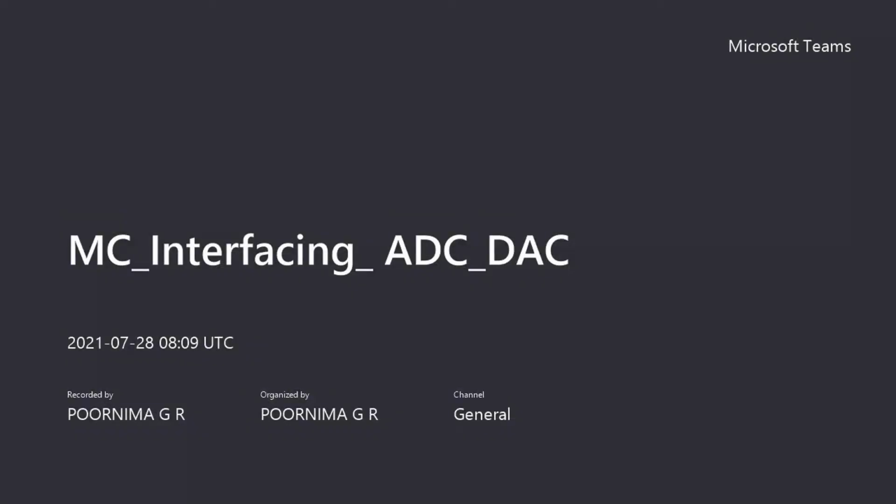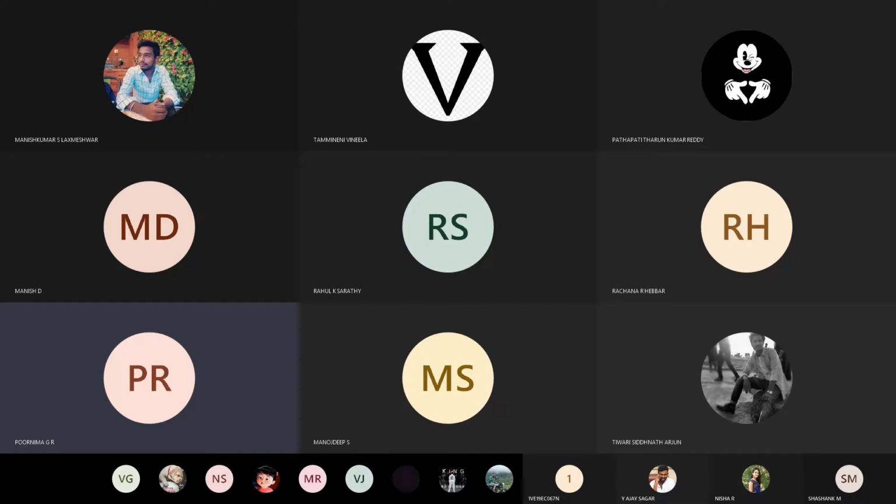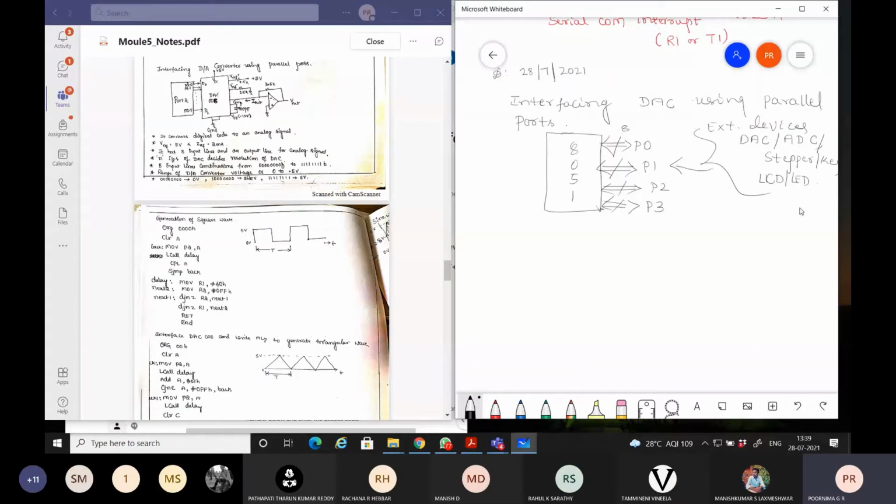Digital converter, or stepper motor, or liquid crystal display, or light emitting diode display devices. The very first interfacing device which we have to consider for our understanding, and for writing a program to make the DAC give the inputs to the 8051, is the digital to analog converter.